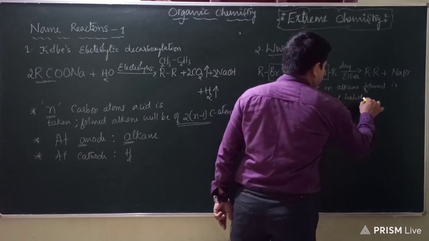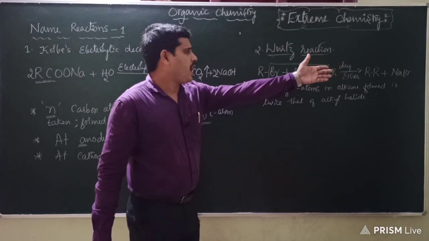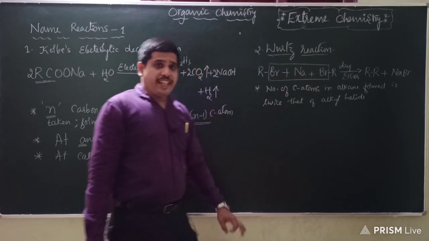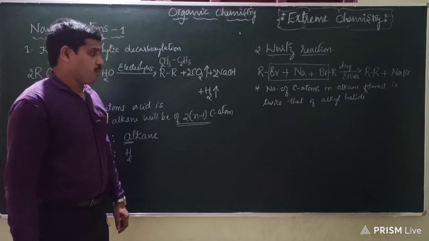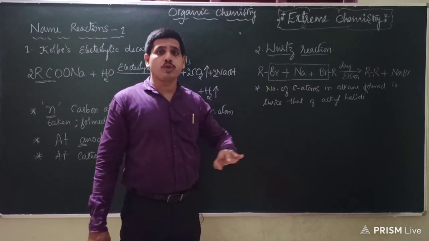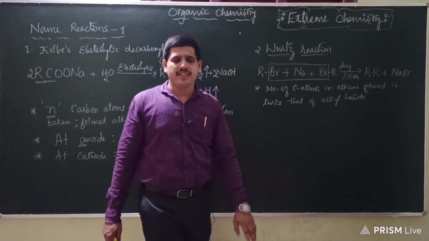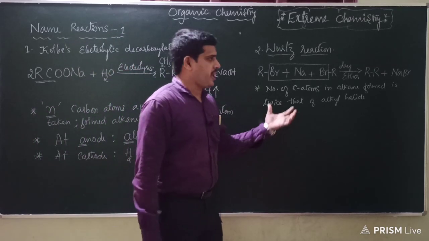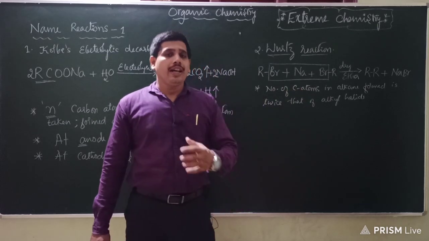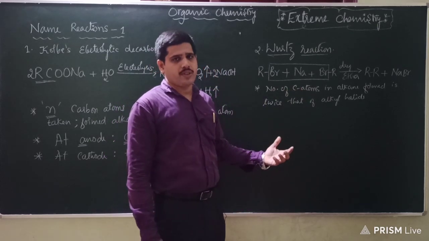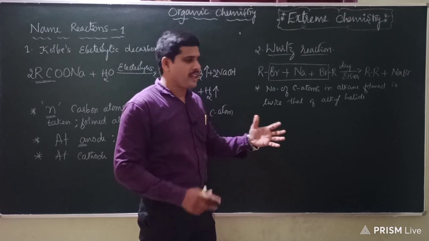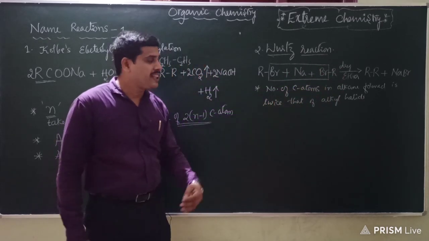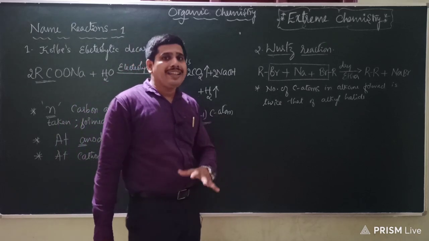This is quite obvious, because 2R will be there, so the R group will become 2R. Now the next point to be remembered: Wood's reaction is used to prepare symmetrical alkanes. What do you mean by symmetrical alkanes? Symmetrical alkanes are those alkanes which have an even number of carbon atoms. So remember that at this moment. Symmetrical alkanes can be prepared by this method, but it fails in the preparation of unsymmetrical